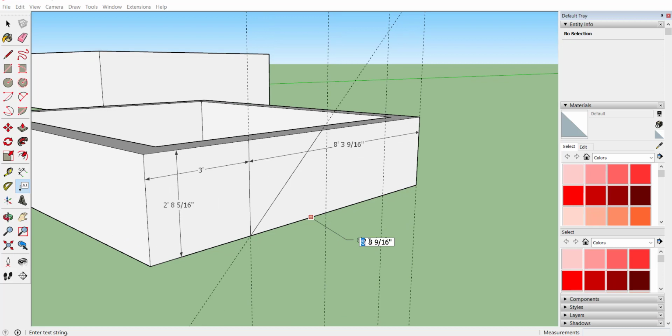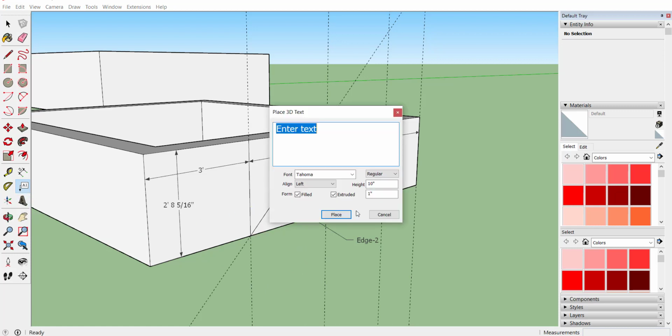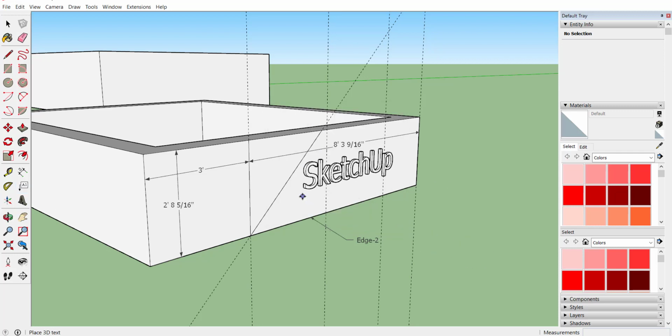If you want to write anything else instead of that, for example edge 2, you can write that also. So now it will display edge 2 as its text. If you want to provide any 3D text, then activate the 3D text command, write down the text, for example SketchUp, and place it wherever you want.